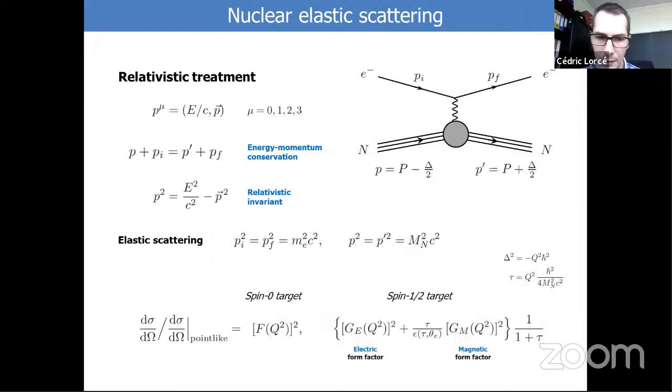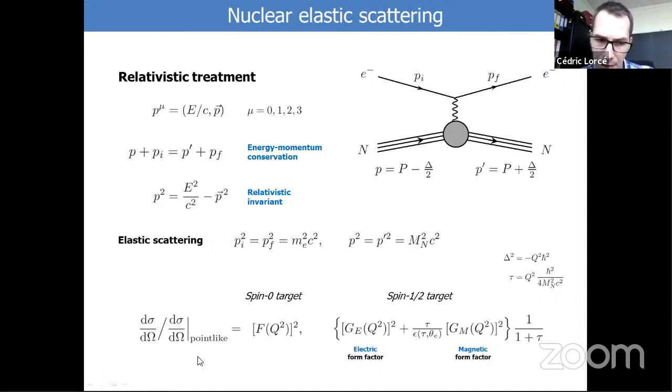And that's where I skip the details, but you can do exactly the same thing as before. You can write the total differential cross-section essentially as the differential cross-section for point-like objects. It would be just a point over here. I didn't mention the wavy line here represents the electromagnetic interaction. So it's just the electron interacts electromagnetically with the proton over here.